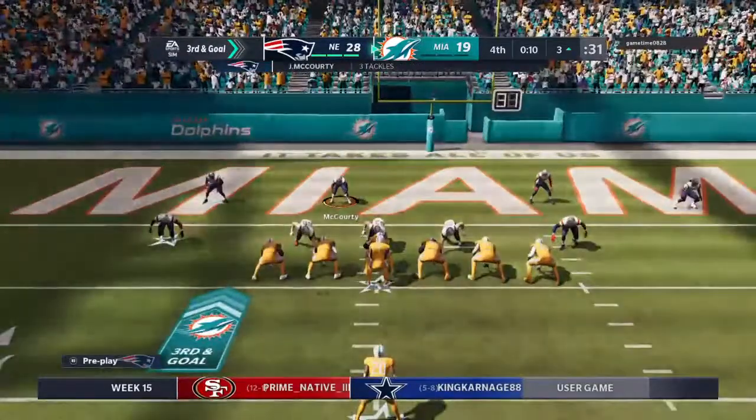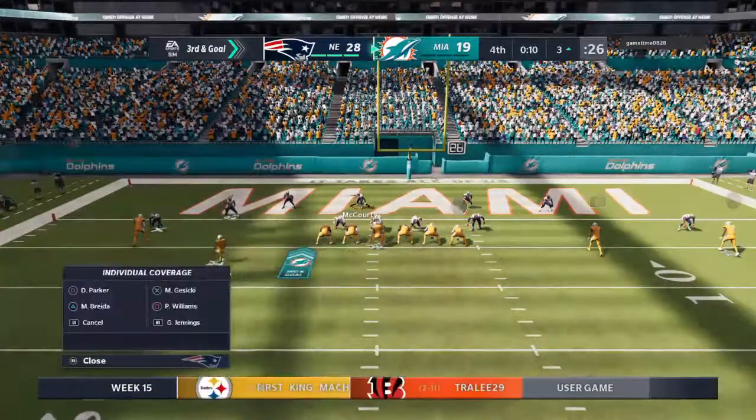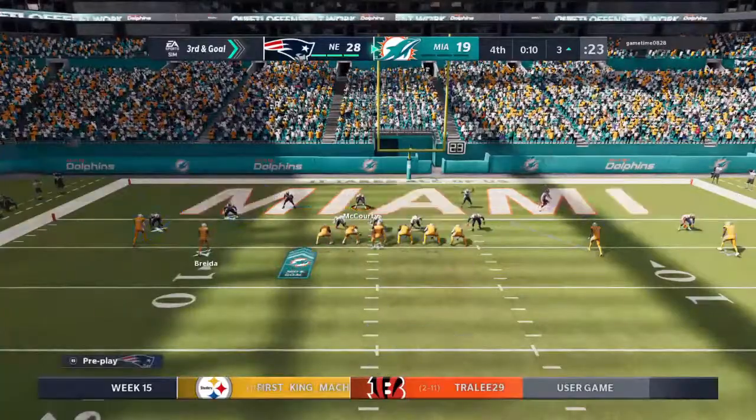Alert 16. Alert 16. Hey, what's the ball? What's the play? Hey, Mike 20, Mike